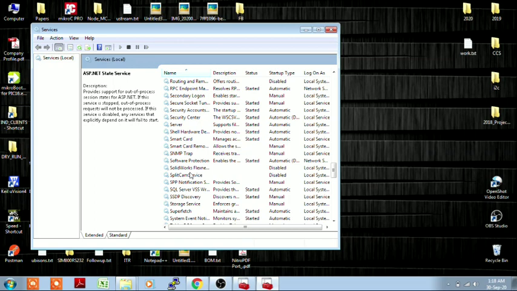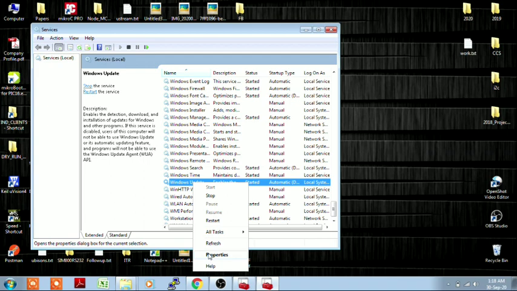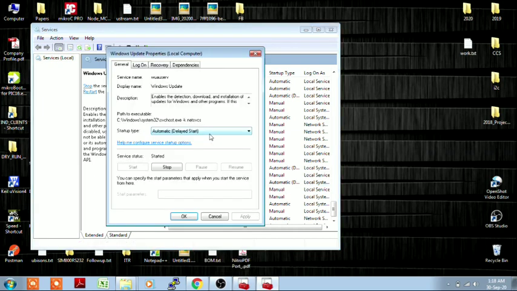This is the services window, and in this window we are going to disable Windows update, because Windows update will also slow down your PC by automatically grabbing more data from the internet. You can see the startup type is automatic delayed start,